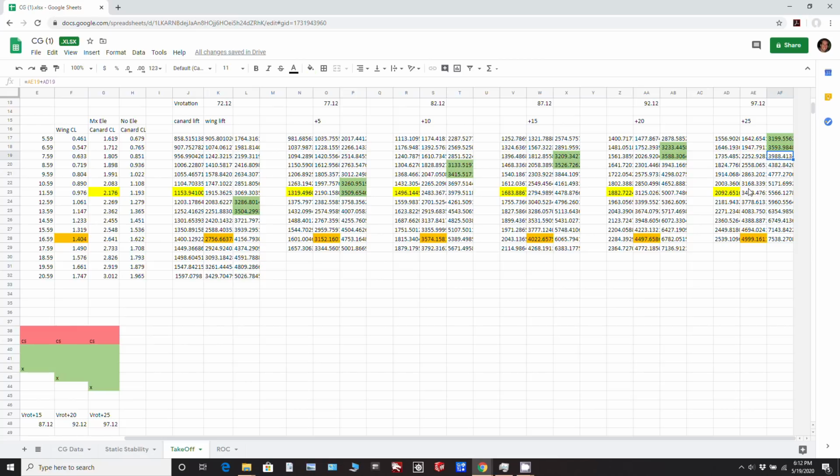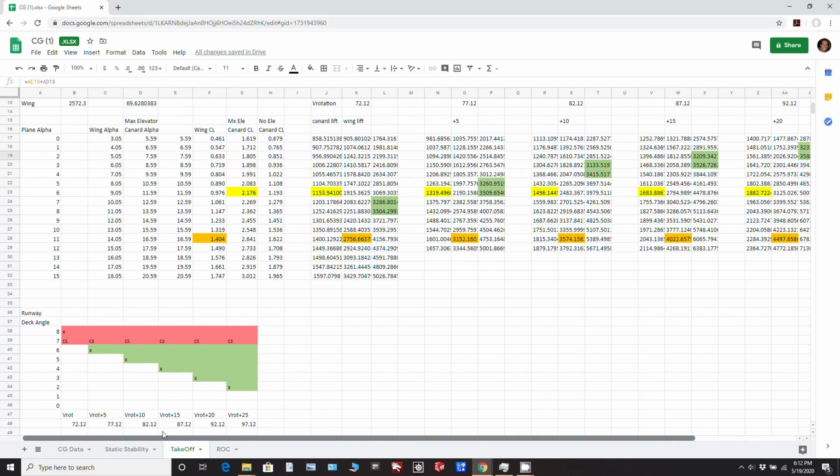3988 pounds of lift altogether, and the aircraft is about 35 right now. So we'll be climbing out there, not just hovering. 3593 would be at 1 degree angle. So when we go to 2 degrees, we're actually climbing out. And so that gives us what the profile is going to look like for takeoff. So it won't be a very steep nose up attitude. It'll just be getting the nose off, holding about 2 degrees nose up, and it should take off and begin